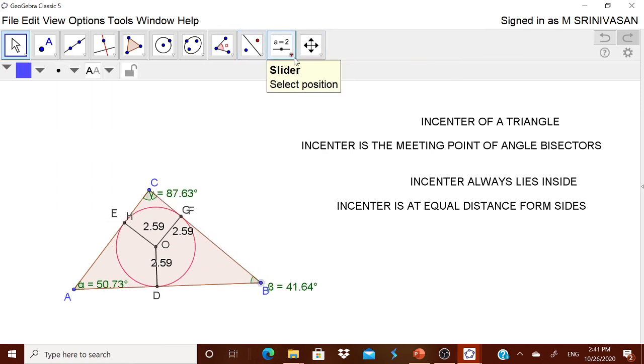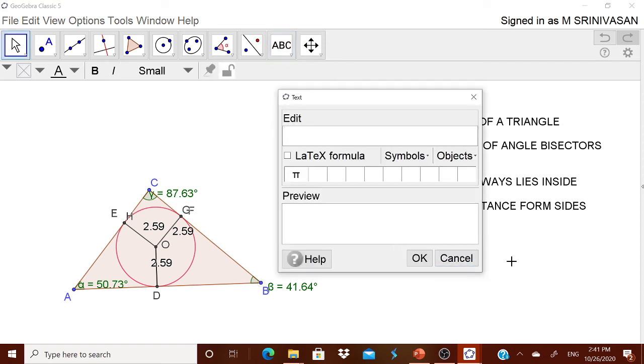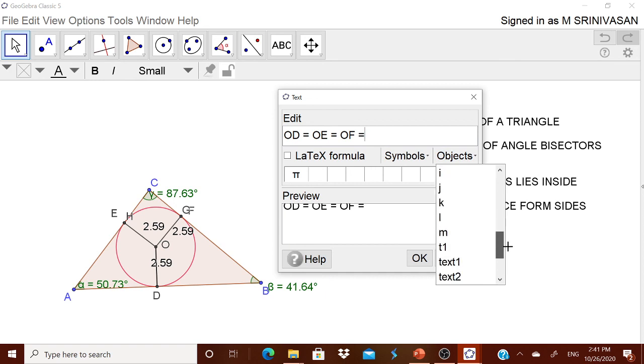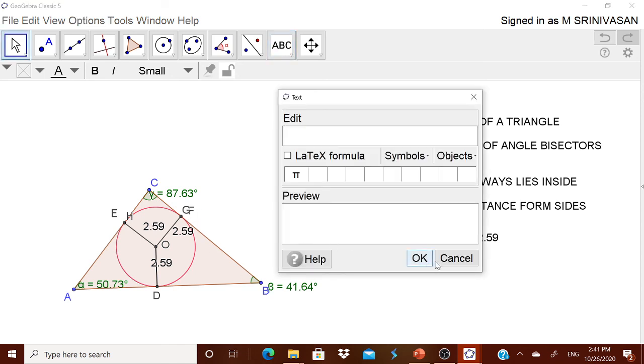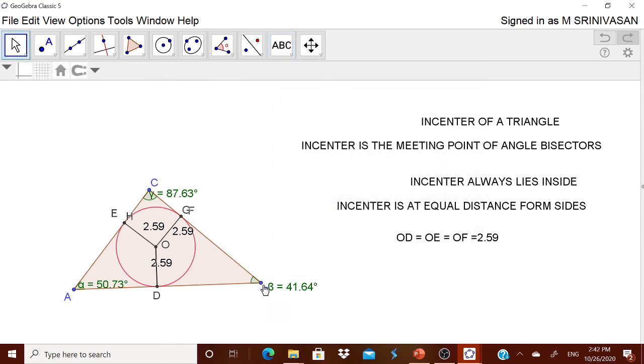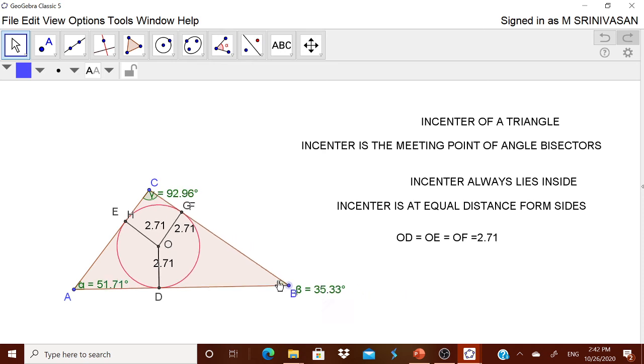Or you can tell the children by way of text that the view should have OD equal to OE equal to OF. From the object you can have its original distance, that is M, L, M, and they are the same actually. Okay, now when you pull it and then push it to the children, they can understand now.